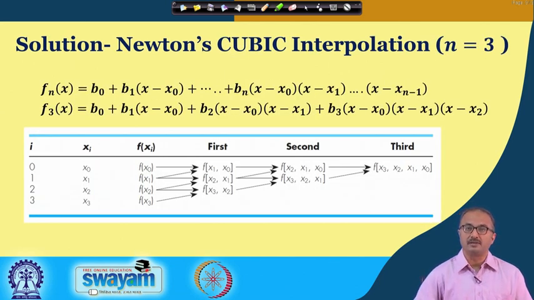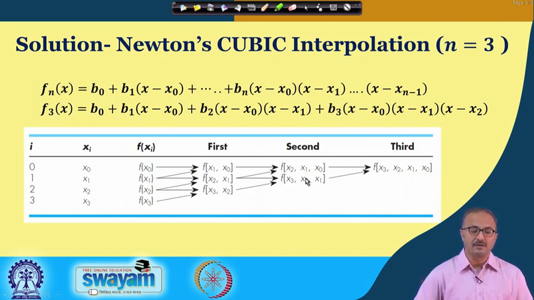Now we go for cubic. Now we are going for this third difference. Again, you can see how this third difference is coming. Here is the formula, and here we are making the difference table. We have the first difference between these two, then the second difference between these two, and the third difference between these two.